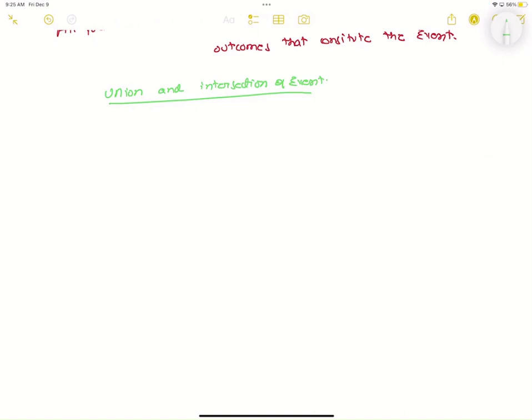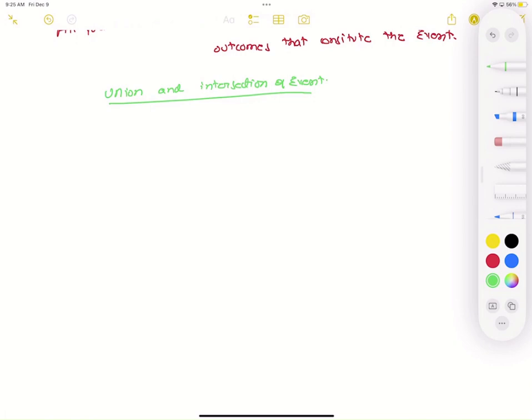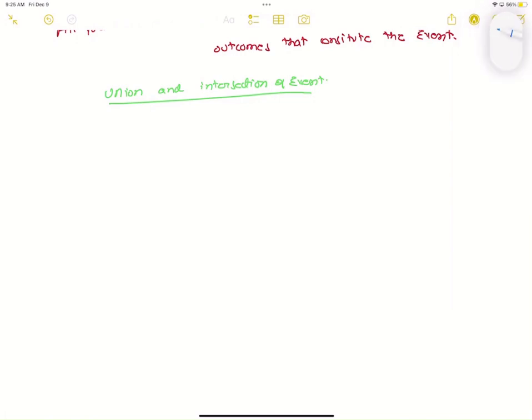Next task is the union and intersection of events. This we can do by making a box, and that becomes your sample space. Say two events are like this, and we have an event that it was raining. So say event A,